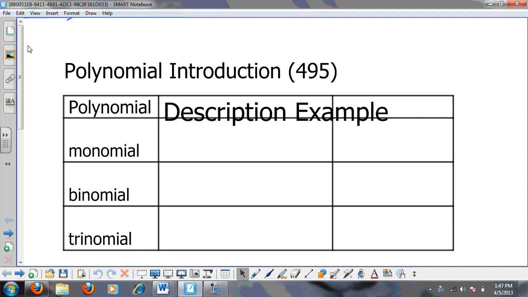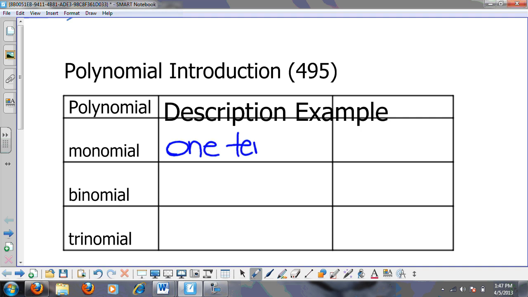Polynomials are monomials or the sum or difference of two or more monomials. Okay? So we're going to talk about the main three types of polynomials. You see monomial, binomial, and trinomial. You can use your prefix clues to figure out what these mean. So to fill in the chart, we're going to look at a monomial. The prefix mono is 1. So a monomial is one